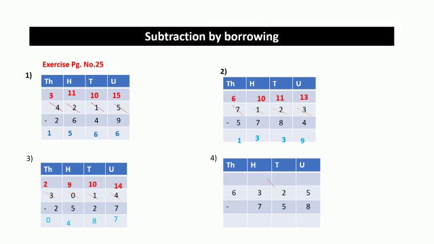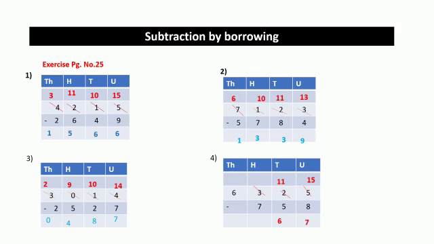In this case also we have to borrow. We are going to borrow one number from tens place, that is from number 2. After borrowing one number from number 2, 5 will become 15. 15 minus 8 will be 7. In tens place, 1 minus 5 is not possible. So we are going to borrow it from hundreds place. After borrowing one number from hundreds place, in tens place, the number will be 11. 11 minus 5, answer is 6.